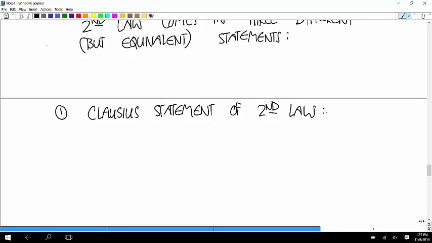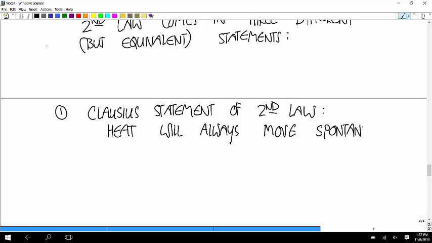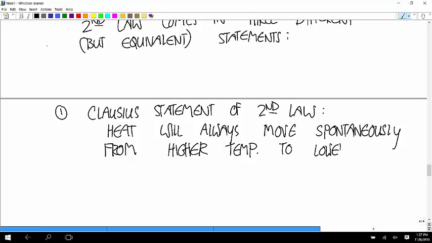And that says that heat will always move spontaneously from a higher temperature to a lower temperature. Okay, so that one sounds pretty obvious. You would never, even so,